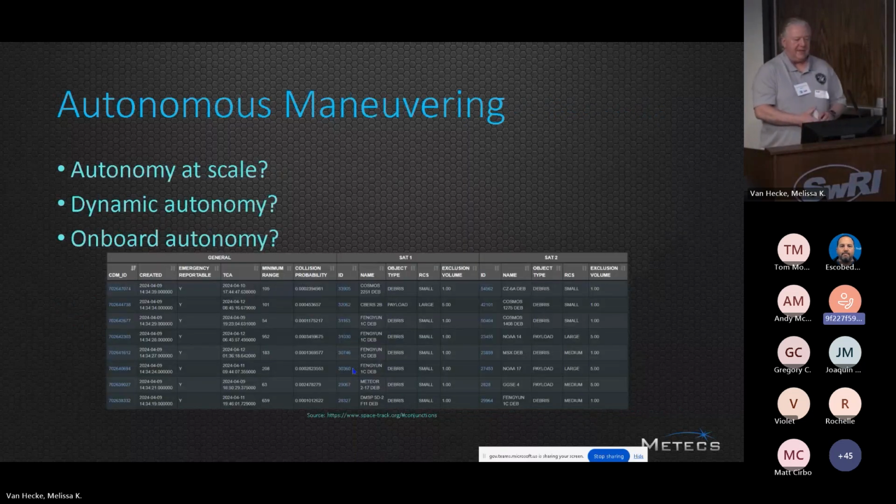And then that brings me to my next level of autonomy, I guess, which is autonomous maneuvering. The chart that you see here, which I know you absolutely cannot read, is a conjunction chart from SpaceTrack. These are satellite conjunction events when satellites are getting within a certain range of each other. And I was intrigued when I stumbled across this story about autonomous maneuvering by the Starlink satellites by SpaceX.